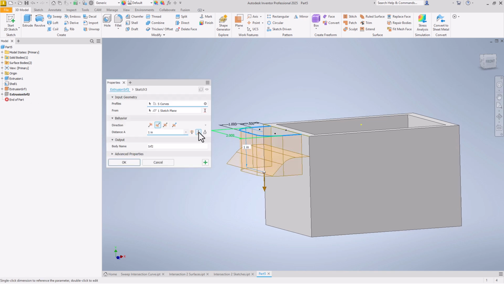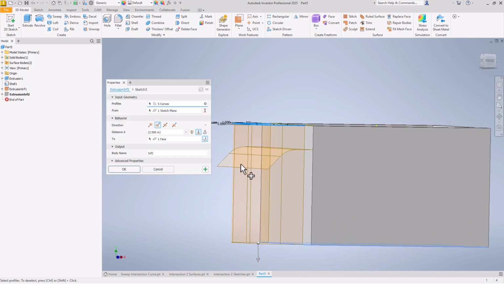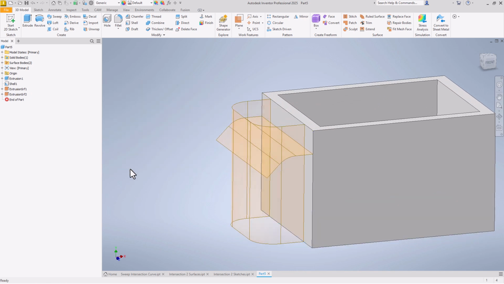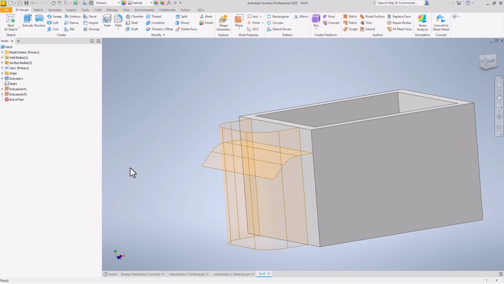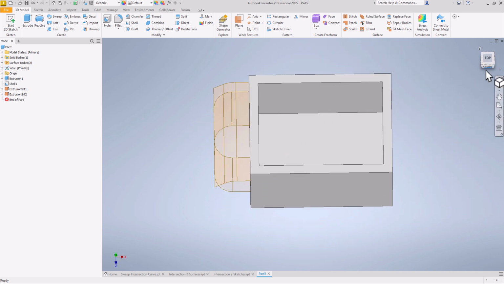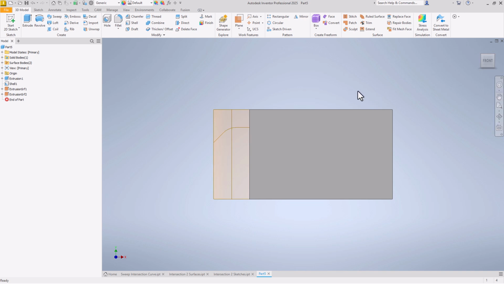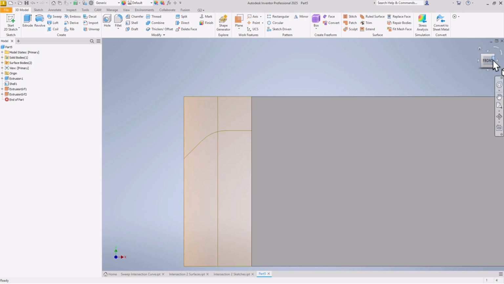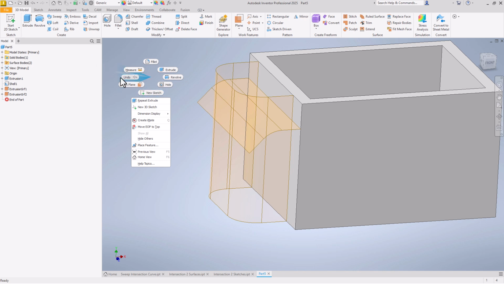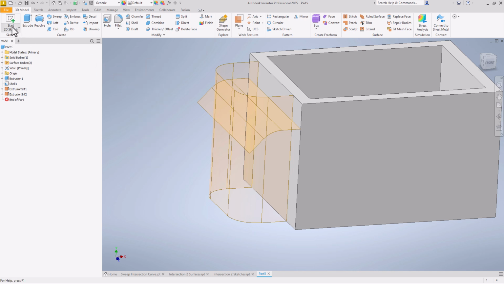Tell you what, if we make it go all the way to the bottom, that ensures no matter what happens, that they're always going to intersect with each other. And then we say, okay, so now I have this shape. That is the top view. That shape is the side of the box, or the front view as we have this set up. And now we are ready to create a 3D sketch that will be our